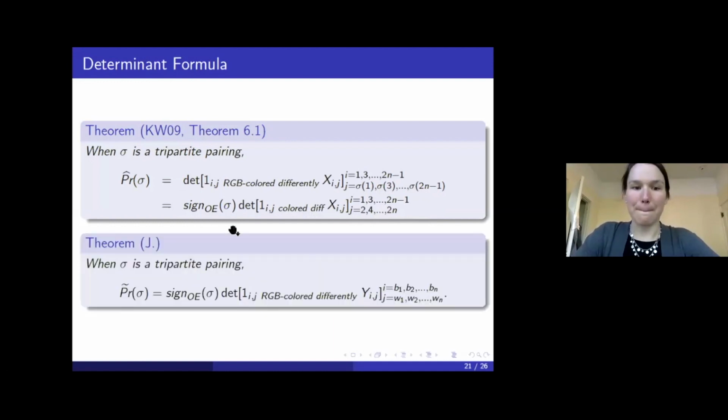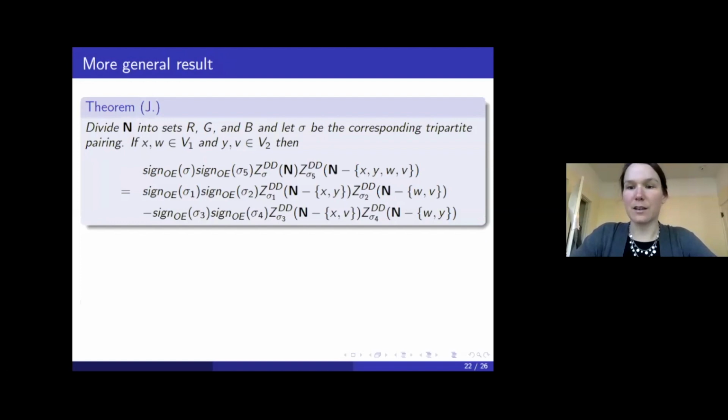And then my determinant formula looks very similar. The rows are indexed by black nodes and the columns by white nodes, rather than in Kenyon and Wilson's case, where the rows were odd nodes and the columns were even nodes. Once we have this determinant formula, the proof method that we talked about earlier with the Desnanot-Jacobi identity works. So you basically immediately get this